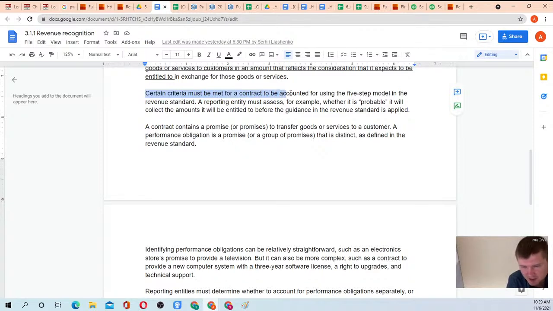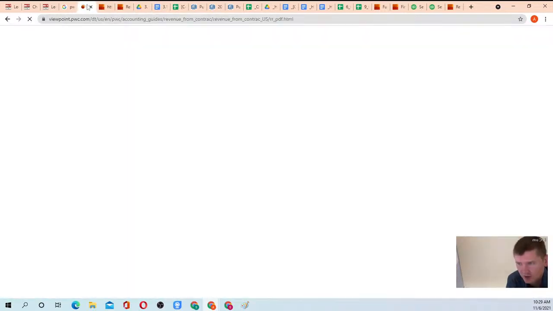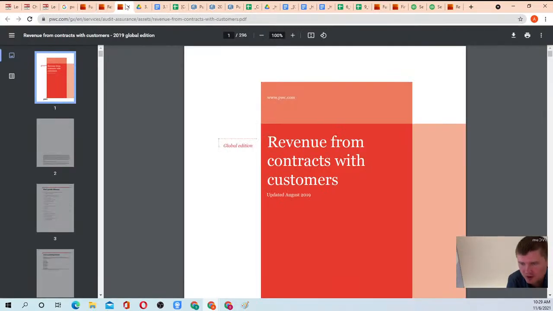Certain criteria must be met for a contract to be accounted for using the 5-step model in the revenue standard. A reporting entity must assess, for example, whether it is probable it will collect the amounts it will be entitled to before applying the guidance in the revenue standard. So basically, when you sell something to your customer, you need to make an assessment whether you are going to collect the revenue from that customer. And if it's not probable,